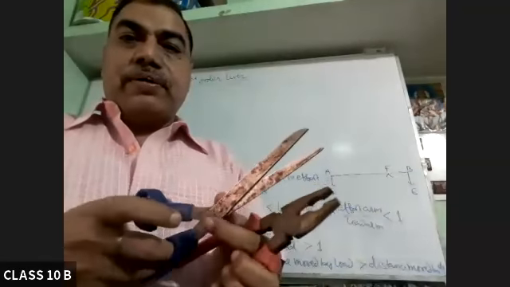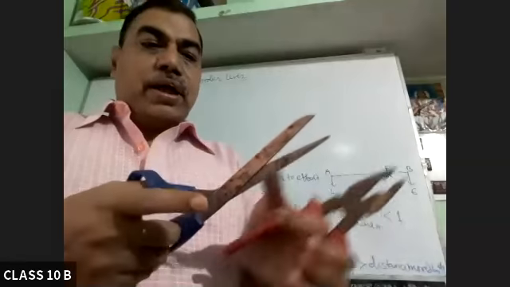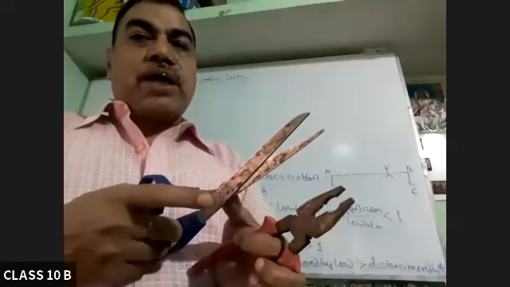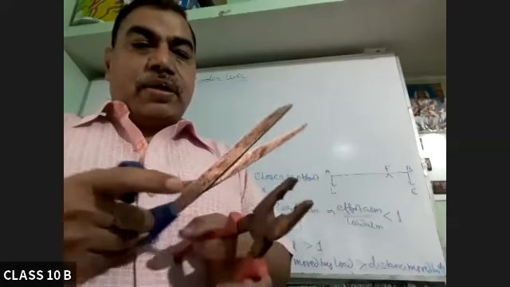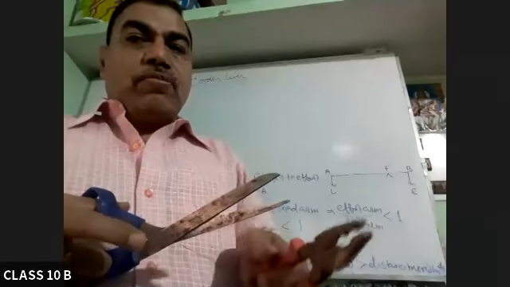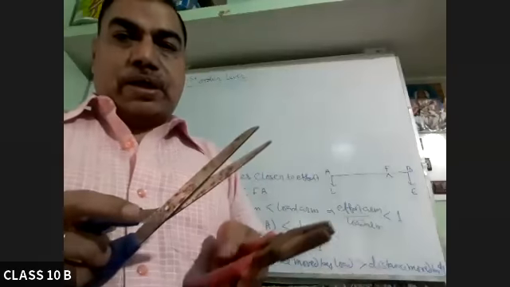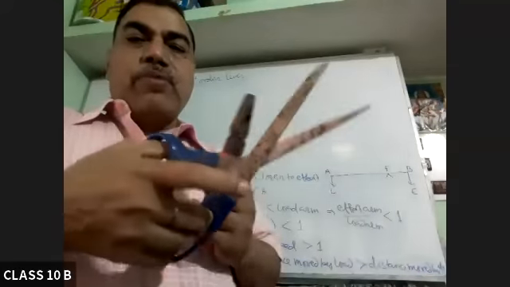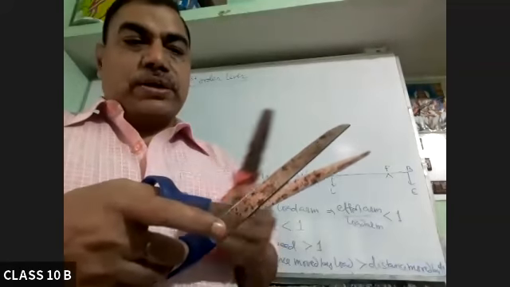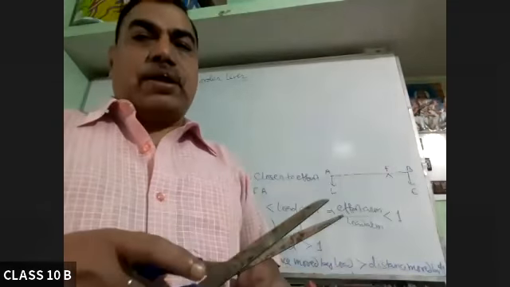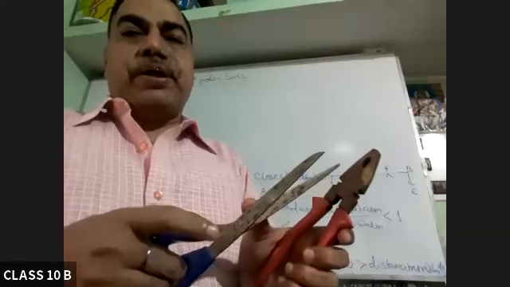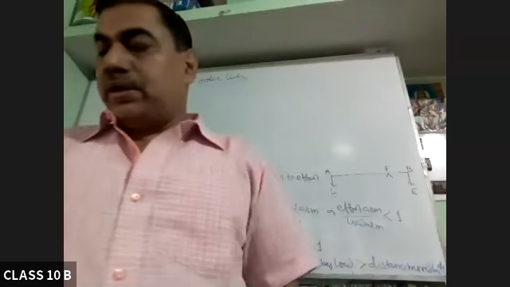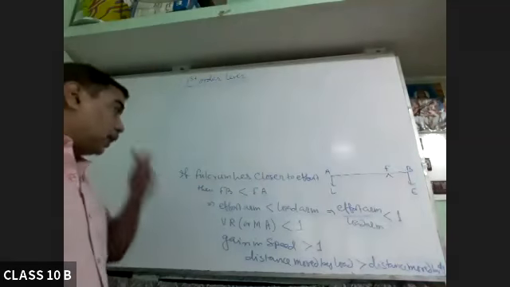But what is the difference? Here the load arm is very small and here the load arm is very large, because our purpose is different. In case of metal cutter, we have to multiply force, then only the metal sheet will be cut. So in order to multiply force, the load arm is kept shorter. Whereas here the purpose is, by moving our finger a small distance, a larger part of the cloth should be cut. So here we are gaining speed or multiplying the distance. That is, the purpose is gaining in speed. So this is the second situation.